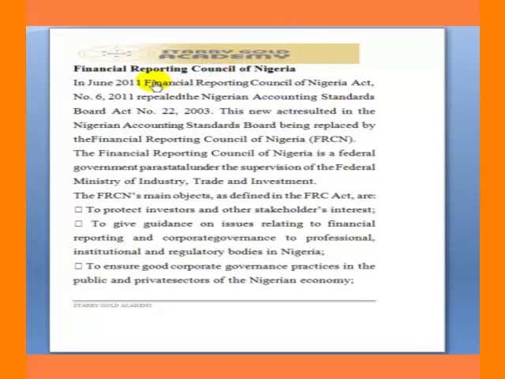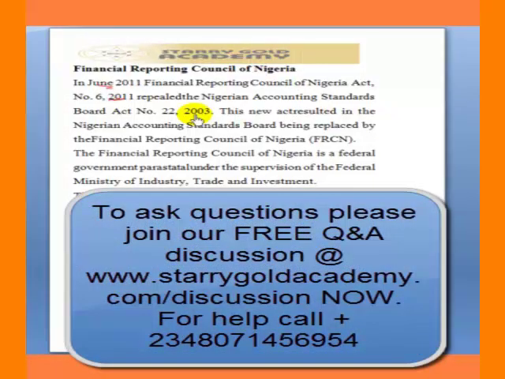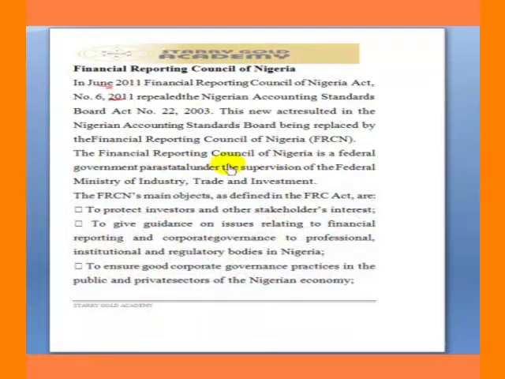Now, let's discuss this FRCN. FRCN, known as the Financial Reporting Council of Nigeria, was established in 2011, that is in June, to replace the Nigerian Accounting Standard Board, our NASB. This FRCN was set up to replace NASB. This resulted in the scrapping of all our statements of accounting standards, that is SAS. So what FRCN now does is that they serve as a federal government parastatal, and they are supervised by the Federal Ministry of Industry, Trade and Investment. So this is the body that supervises the affairs of FRCN. That is, FRCN reports